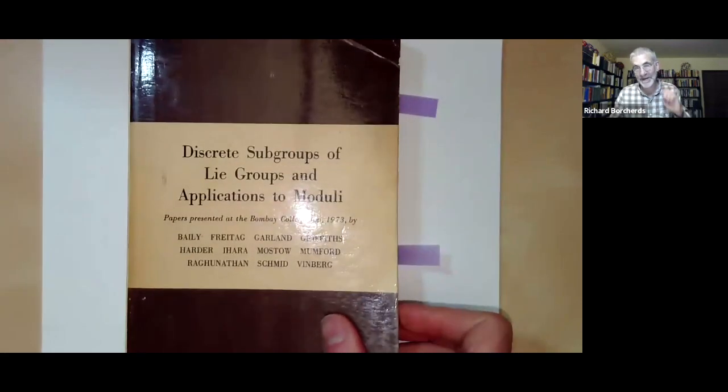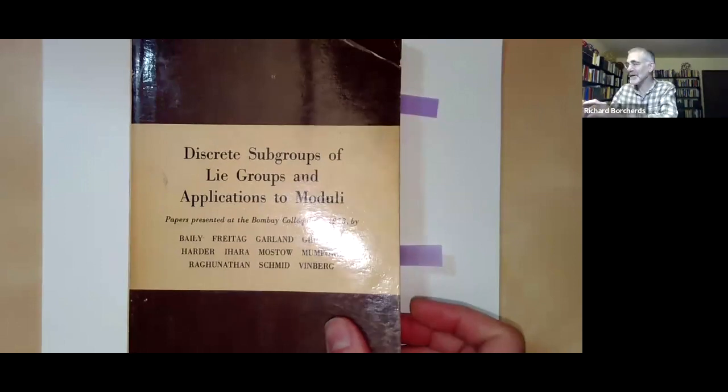So I'll start with Vinberg's paper, and let me just try and share the screen. Okay, I hope this is now showing a piece of paper. So Vinberg's, I found it while browsing in this book. Vinberg has this paper on some Lobachevsky spaces, which is, of course, the same thing as hyperbolic space. And in this paper, there are these